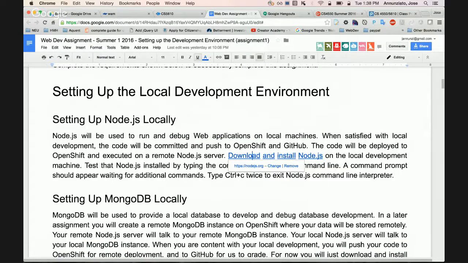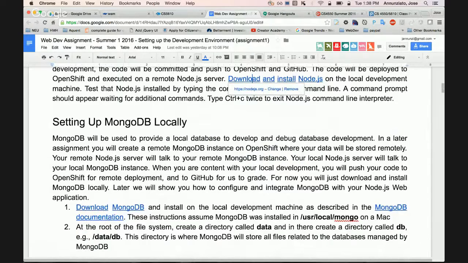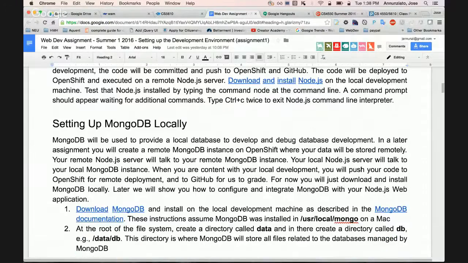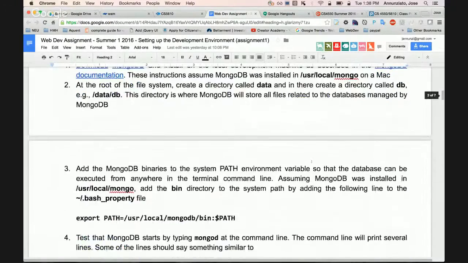Okay. So yesterday we also went over installing MongoDB. Node.js is a little easier because it already installs all the tools right on your path. MongoDB does not. You'll need to unpackage it, and you'll need to add the bin directory to your path. So I gave you a couple of examples on how you would do it on a Mac. Once you install Mongo, you would unzip it to, say, this directory, /usr/local/mongo.